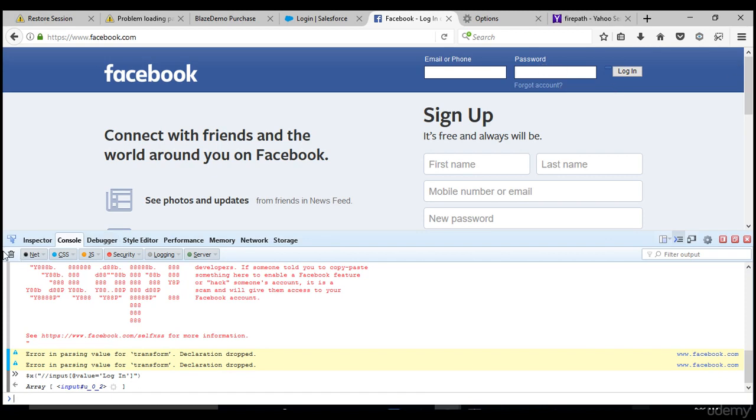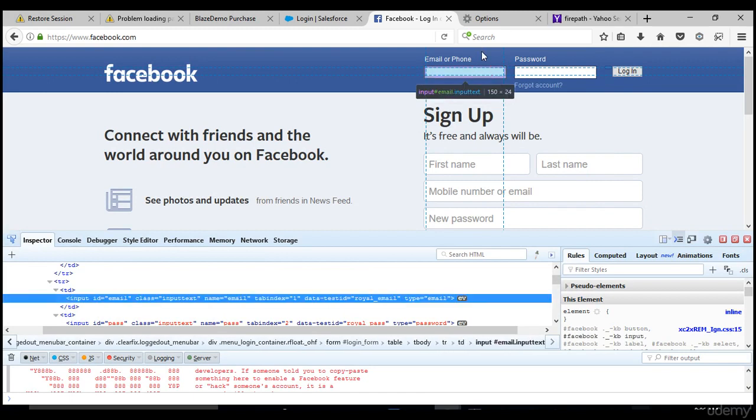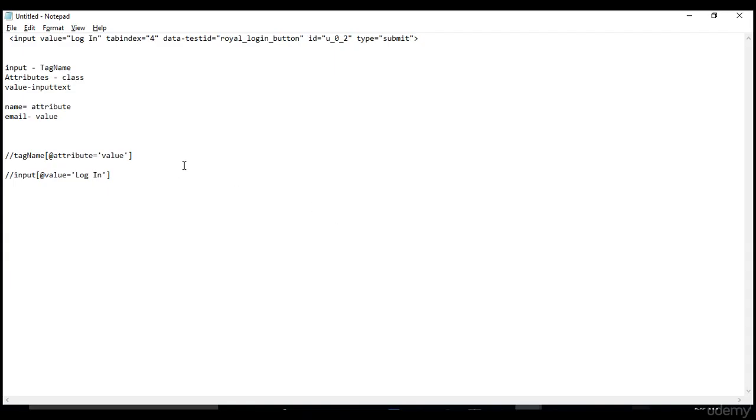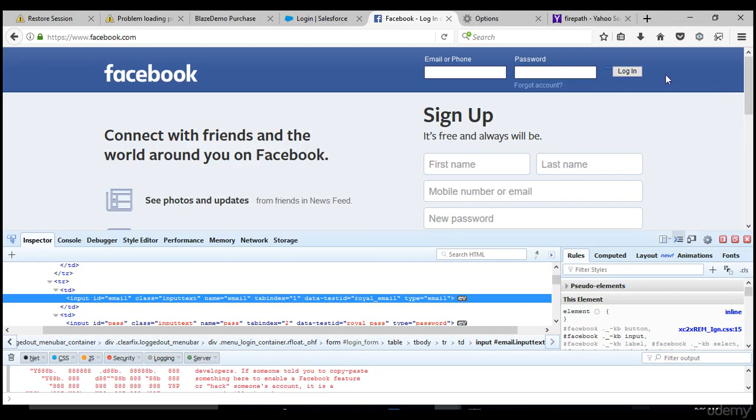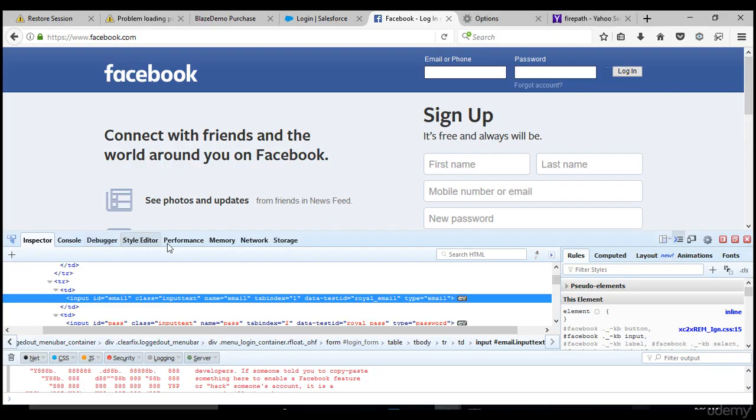Okay, let's write syntax for everything using XPath. Email. When you see email, this is your HTML code, right? In this case, let's take the type attribute this time, because we have already seen name and ID in the previous lectures. You can even use the type attribute to form an XPath. // What is the tag name for it? Input.